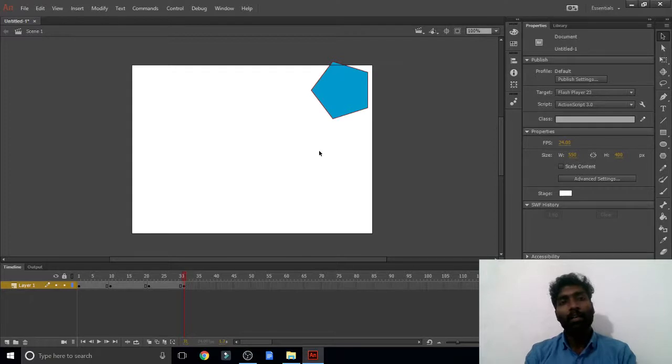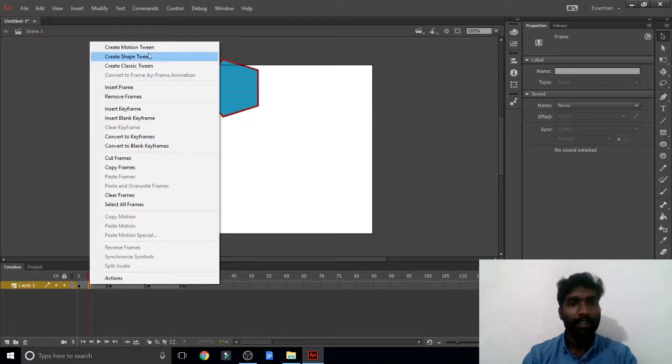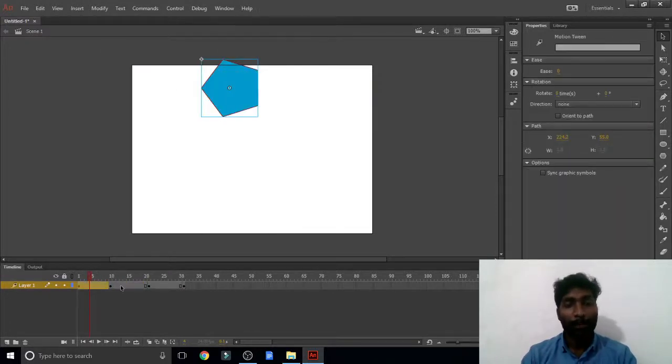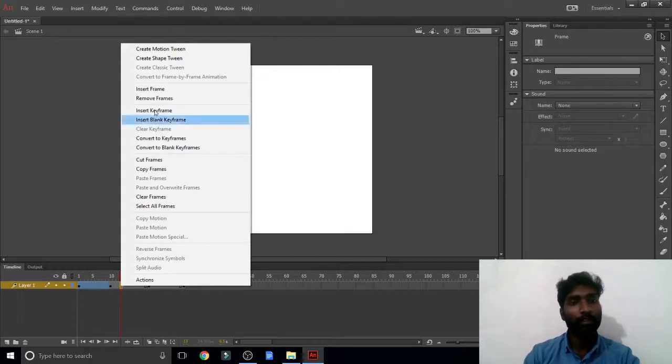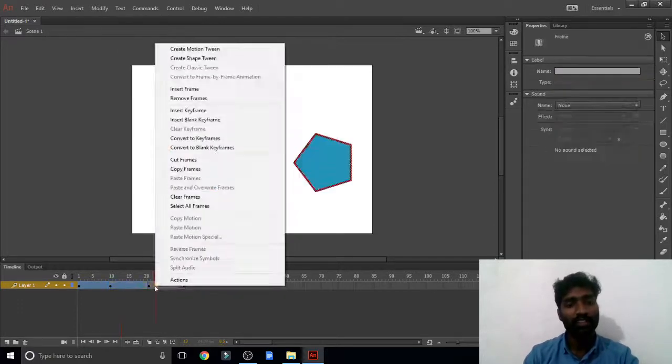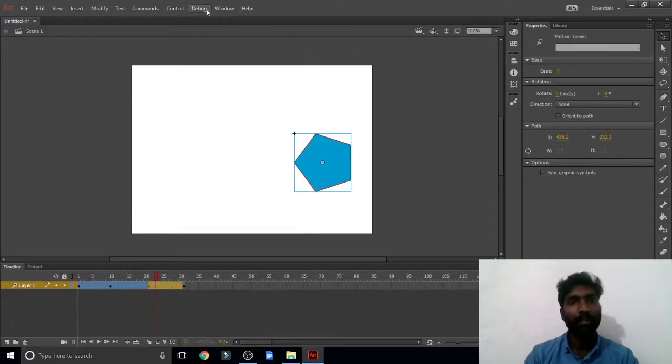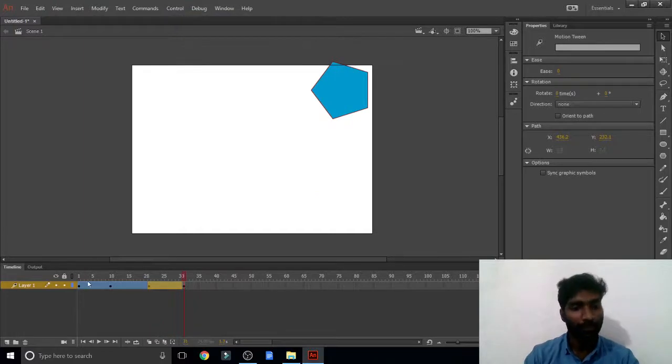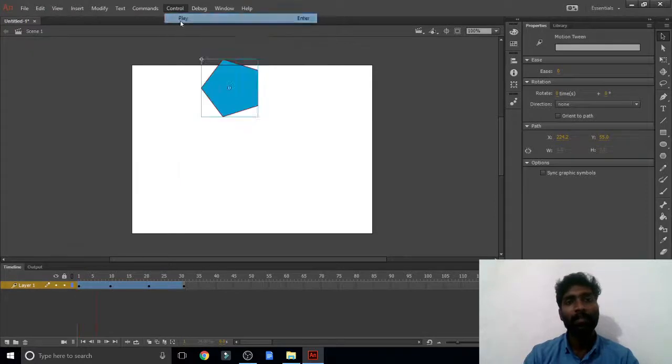Now while making this animation there are a few options to make a movement. For example, motion tween: right click, create motion tween. Before, you saw it without motion. Now kindly see it with the motion. Just right click in the keyframe and select create motion tween. Now Control, Play animation. Now see here, just click the starting position, then Control, Play animation.